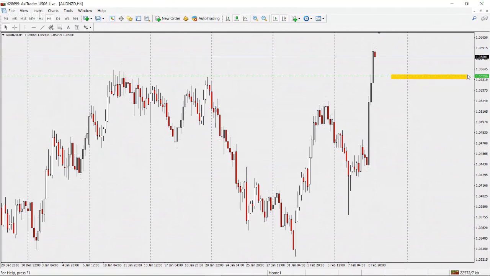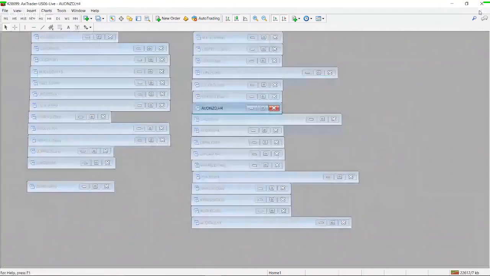Okay, so what would that look like? This isn't really a double top or a double bottom. We're getting off topic, but this was the pair that someone wanted to take a look at. So I would go for a bullish bounce off this level. In fact, this Aussie Kiwi 4-hour chart reminds me quite a bit of my Aussie chart, which we've already looked at, but